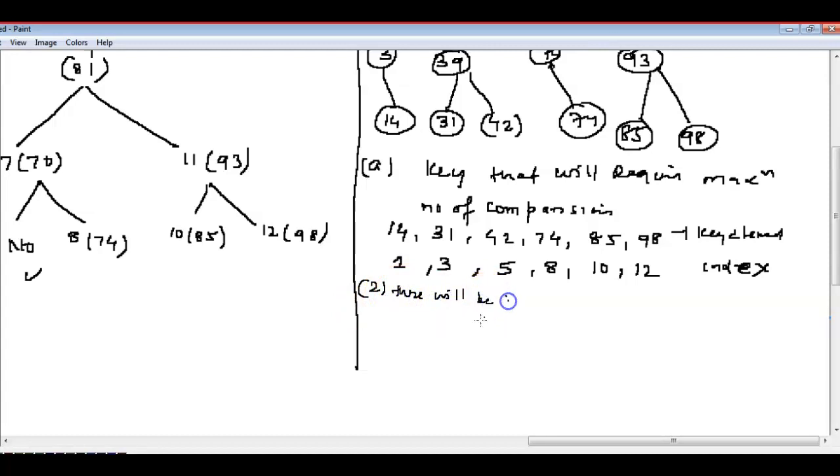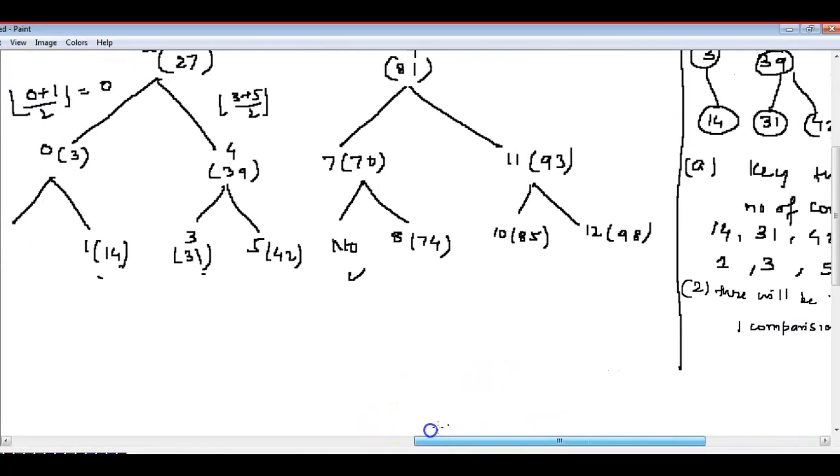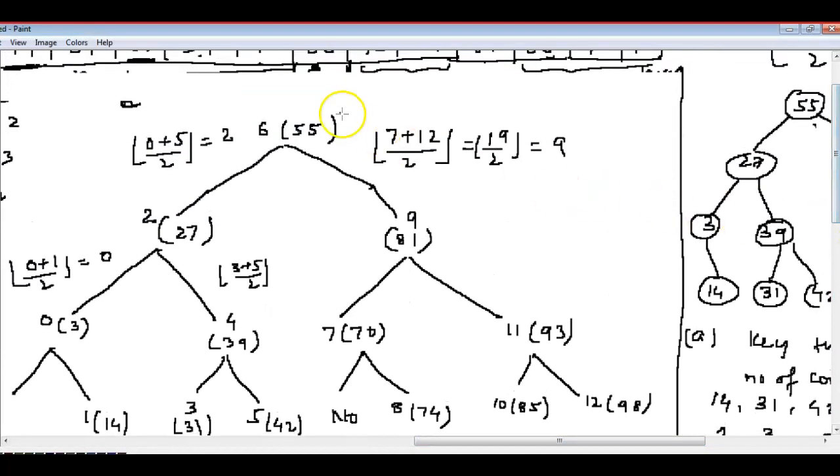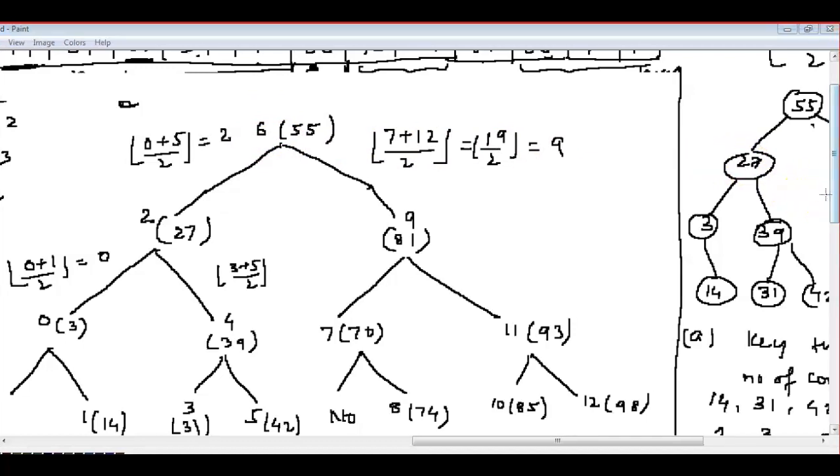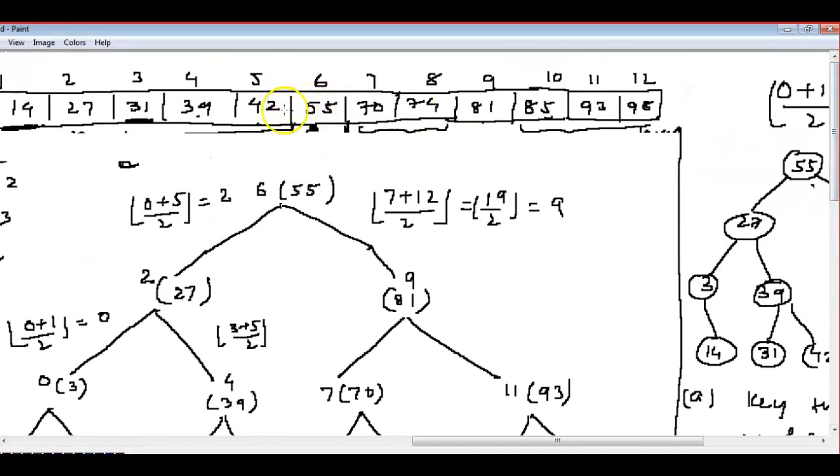First, you tell me that there will be first comparison for the key at what? First comparison, which one can you do? See here, if you do the binary tree here, this one binary tree. First comparison we can do for the 6th position, right? This is the 6th position. It means the 6th position value. Which one is what you have written in the array here? This is the 6th position. It will be searched the first time.